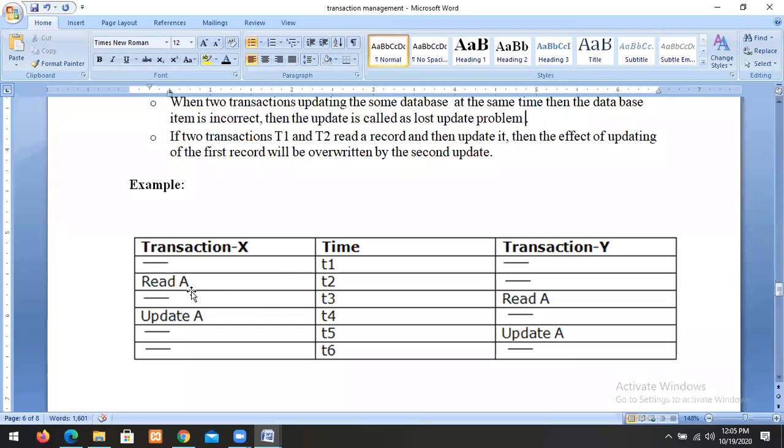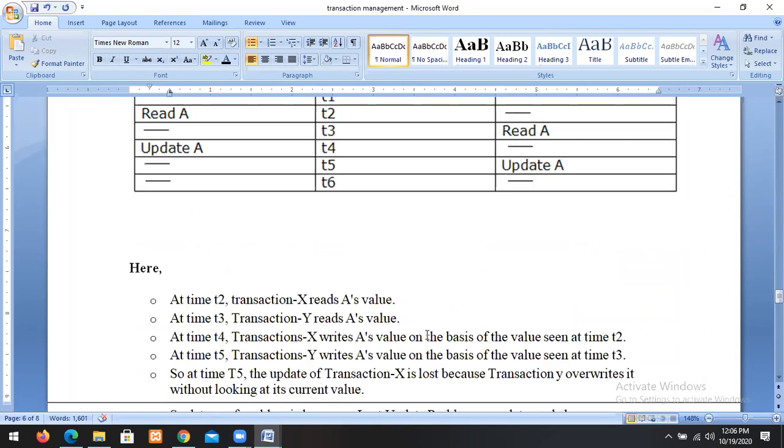At time T2, transaction X reads the record A. At time T3, transaction Y reads the record A. At time T4, transaction X updates the record, which is not committed. At time T5, transaction Y updates the record. So this result is incorrect.